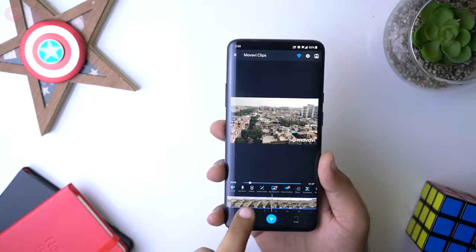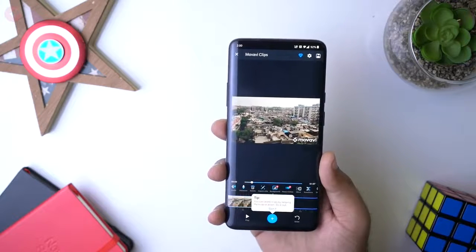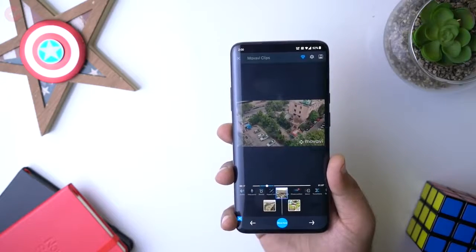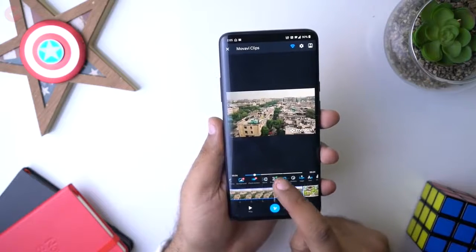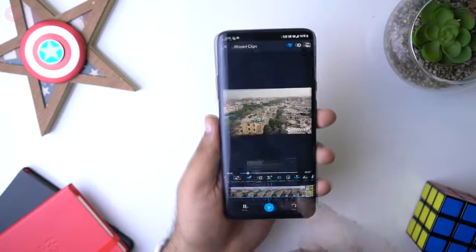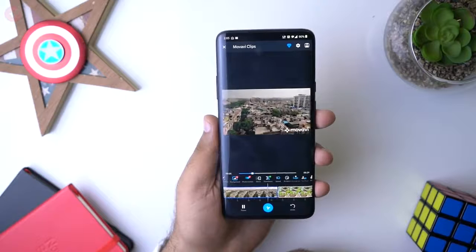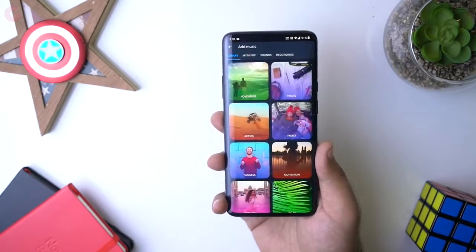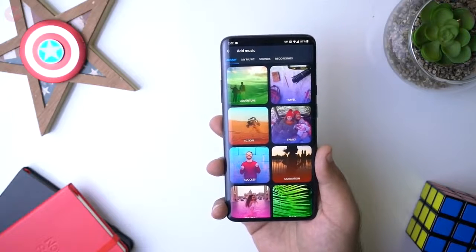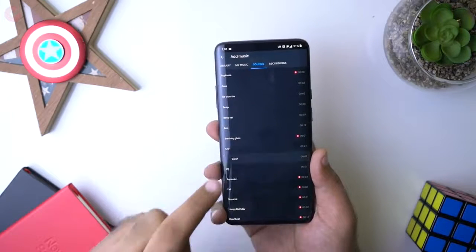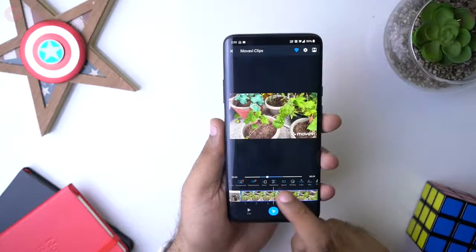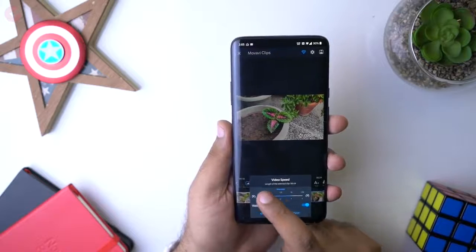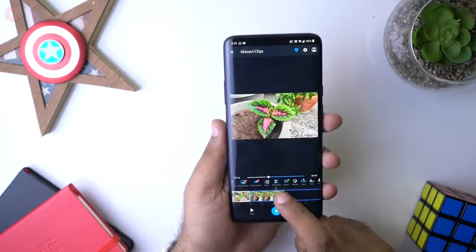So once you have added the video, you can trim the video as per your requirement or rearrange them in the timeline. And after that, you can use the options like transition, add text, and also filters if required. You can also add music to your video, and this app has its own library of audio and also sound effects. Overall, if you're starting your YouTube channel or looking for a video editor app to edit your videos on the go to share it on social media, then definitely try out this app.